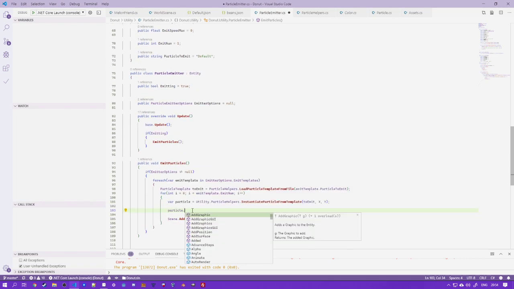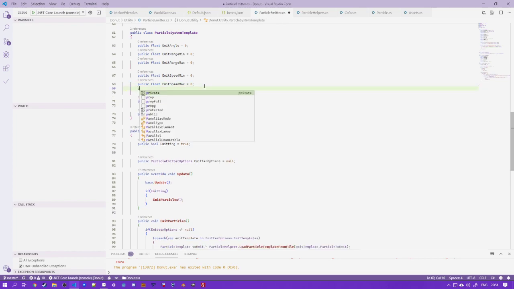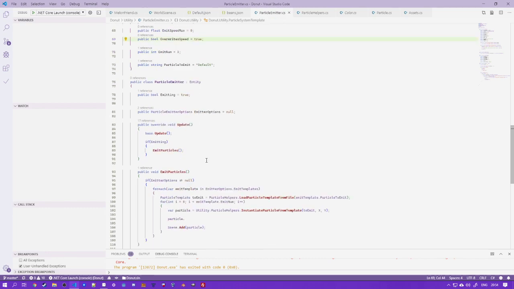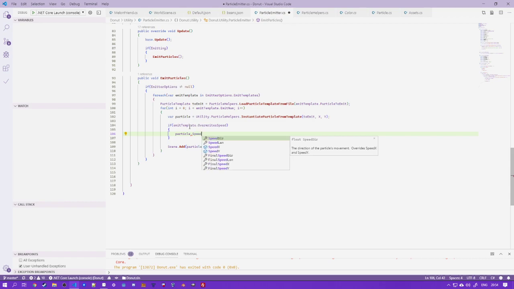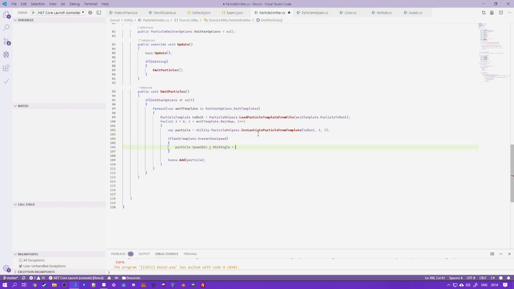There's maybe some parameters that I have to do at runtime that I can't do just with options, and I could put those in here, like maybe bool overwrites speed is true, and then I can do that. I can say, hey, if the template we're using overwrites the speed, then we do this to the particle. So we go particle speed direction equals emit angle plus random float from